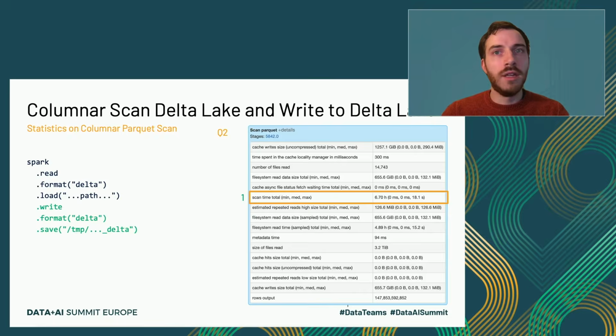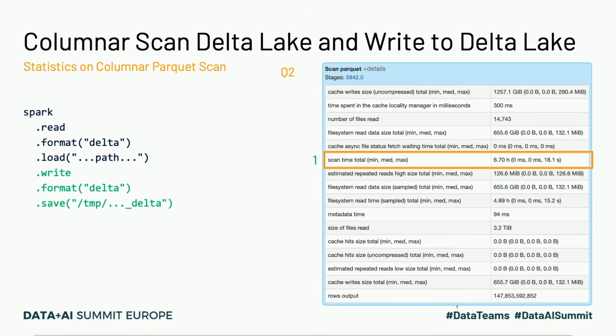Now zooming in on the scan Parquet, it's still the same query. There are lots of different statistics here. Some have to do specifically with the Delta IO cache that's available in Databricks. Other metrics are similar to the ones that we discussed on the CSV scan operator. One to highlight here is the scan time total at number 1. This shows you how long it takes to actually scan the data